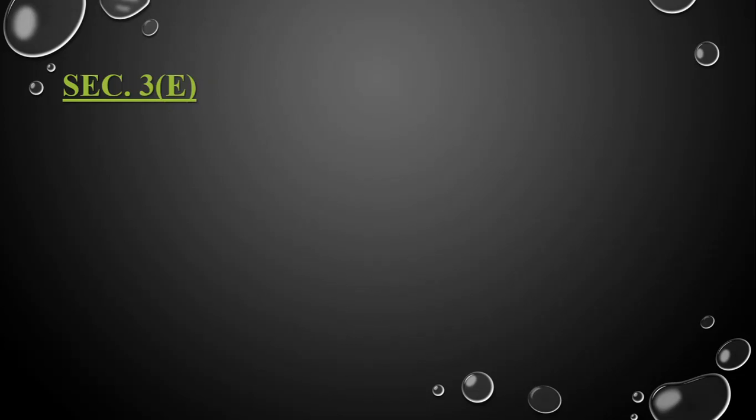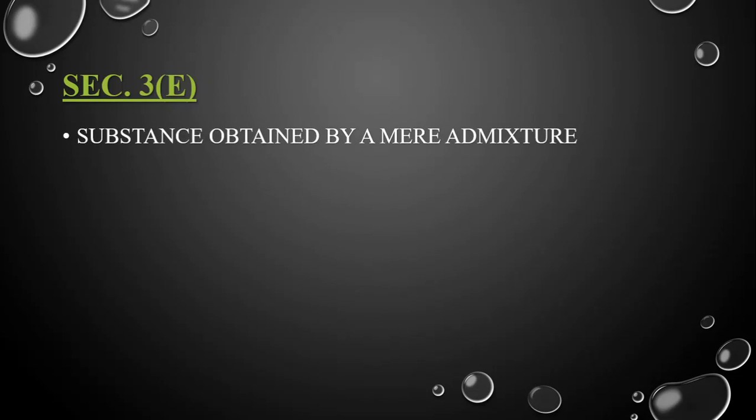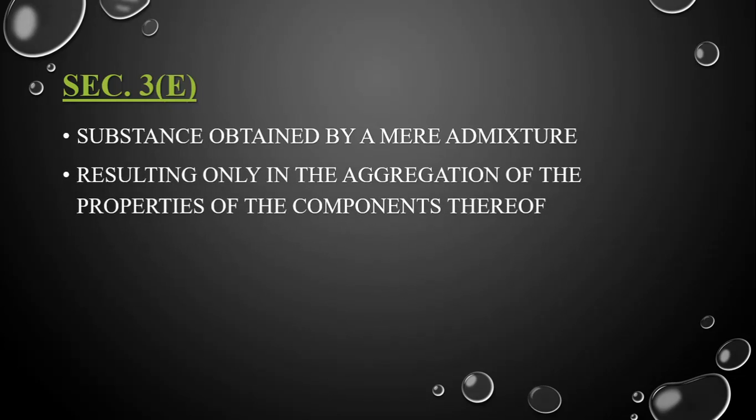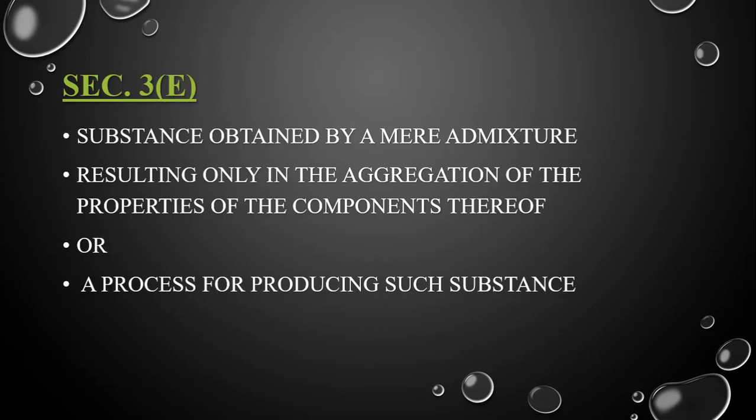Next one, we'll come on to Section 3 Clause E, that is substance obtained by mere admixture, resulting only in the aggregation of the properties of the components thereof, or a process for producing such substance. So this is what is Section 3 Clause E. Now the word used is aggregation of the properties. So that means if you are combining two or more properties, and if there is no synergistic or enhanced effect, then there will be no